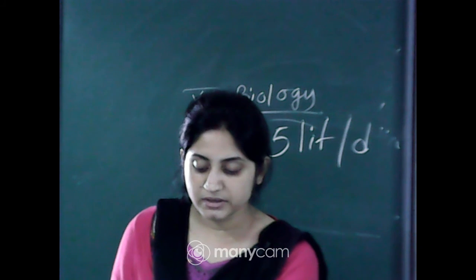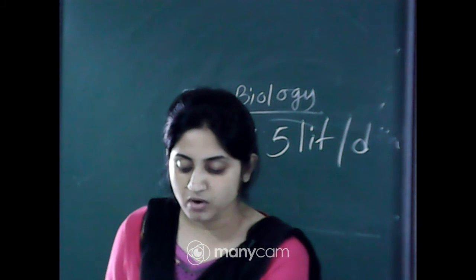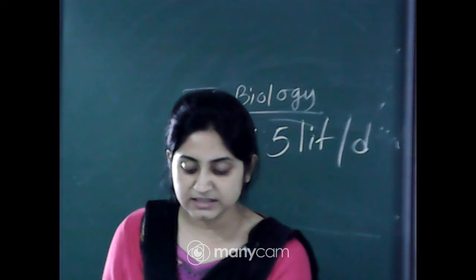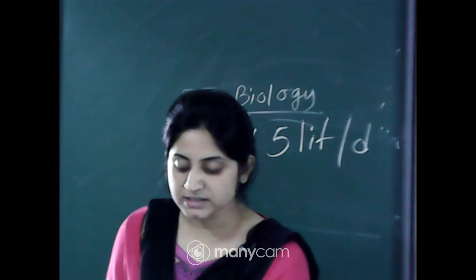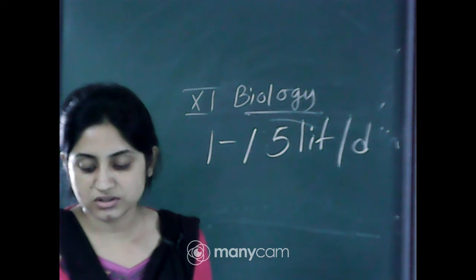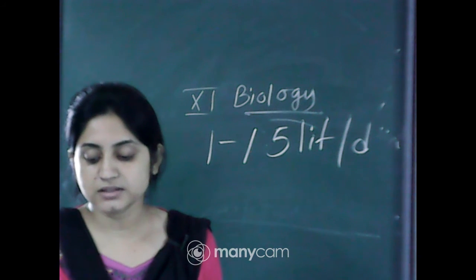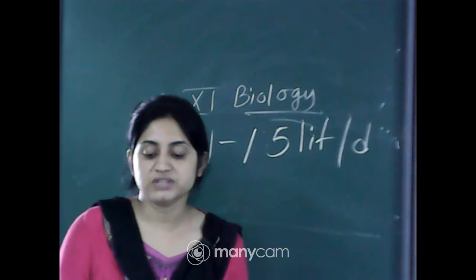The unit contains a coiled cellophane tube surrounded by a fluid having the same composition as plasma except for the nitrogenous waste. The porous cellophane membrane of the tube allows the passage of molecules based on the concentration gradient. As the nitrogenous wastes are absent in the dialysis fluid, the substances freely move out.